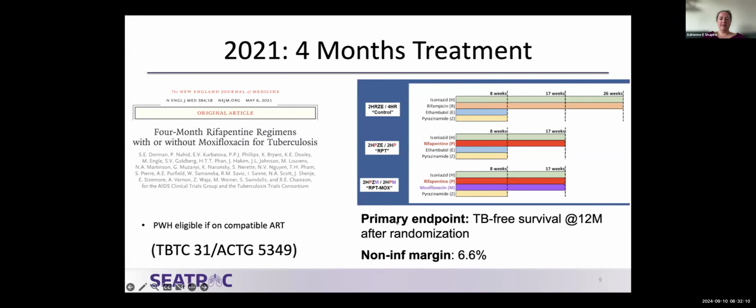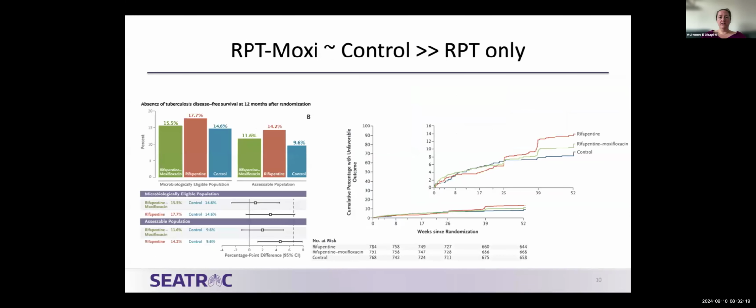And this trial looked at the endpoint of TB-free survival at 12 months. It was, again, a non-inferiority trial that compared these 3 groups. And importantly, people living with HIV were included in this study. And what they found was that the control, the 6-month standard treatment, was equivalent to the rifapentine and moxifloxacin shortened regimen, so the fluoroquinolone-containing shortened regimen, but rifapentine alone without moxifloxacin was inferior. So based on this study,